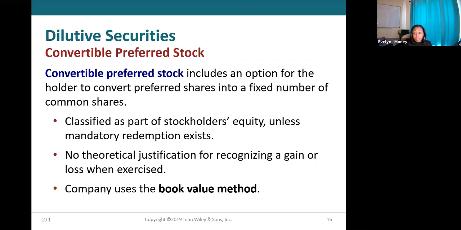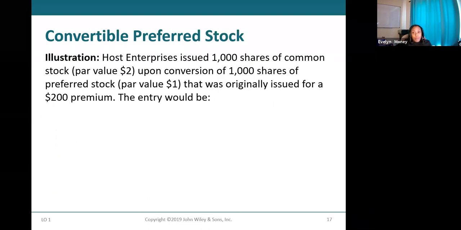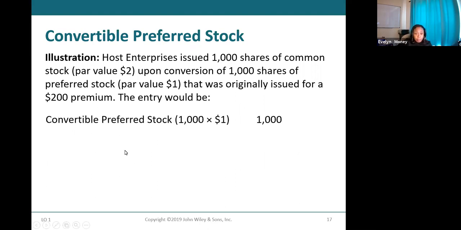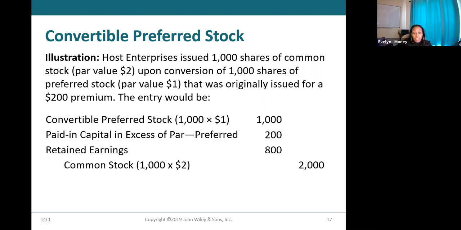So again, we use the book value method. There's no gain or loss. You take the old preferred stock off, you put the new common stock on. So very similar to what we did with debt. So this corporation has 1,000 shares of common stock that they're issuing upon conversion of some convertible preferred stock that was originally issued for a $200 premium. So here is a situation where I have to end up using retained